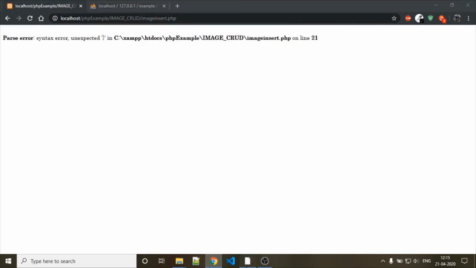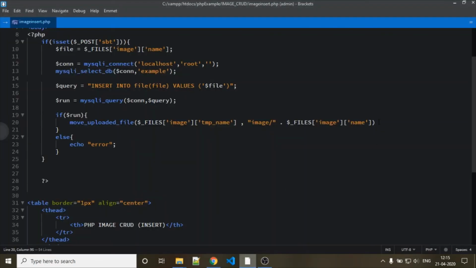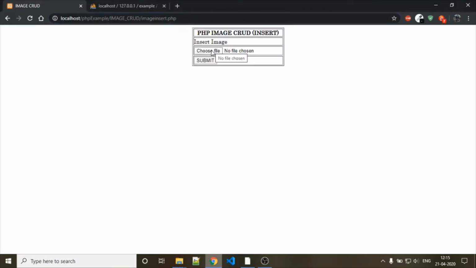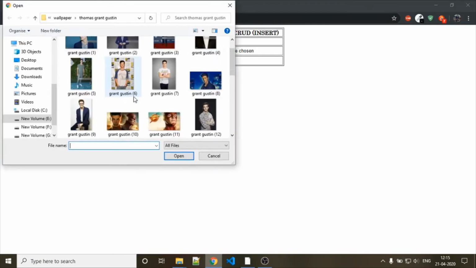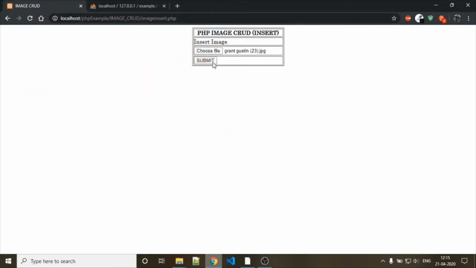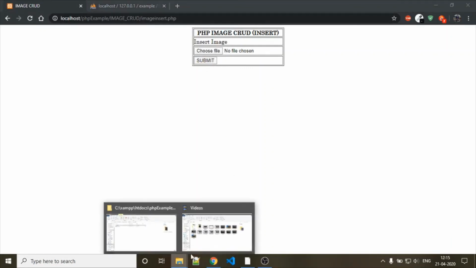Line number 21 says error. Semicolon. Okay, choose one file. Here you can choose any PDF, etc. In our case we are choosing one JPG file and submit. We are getting the success message.